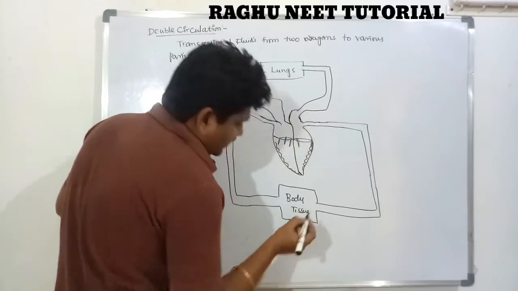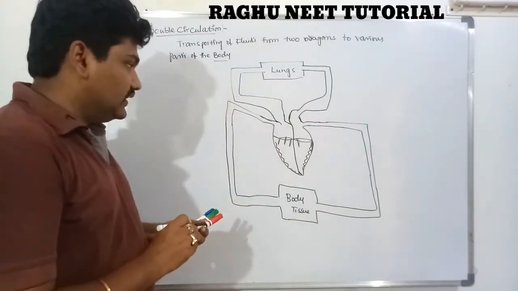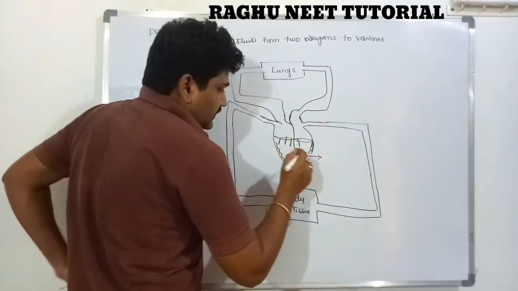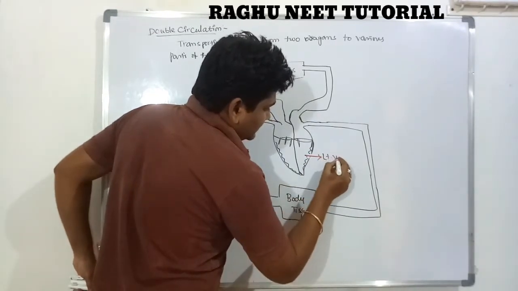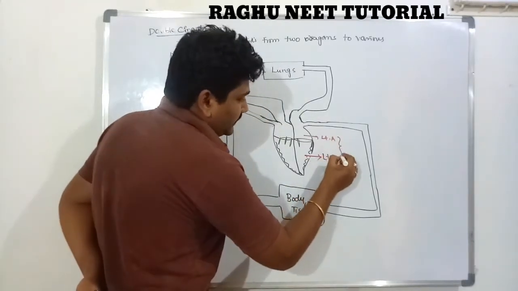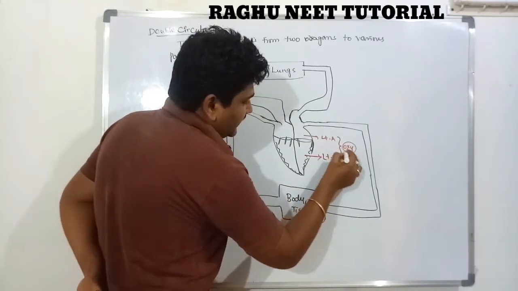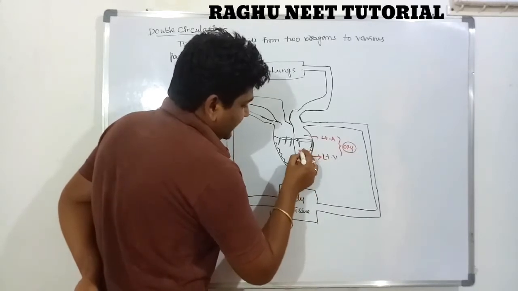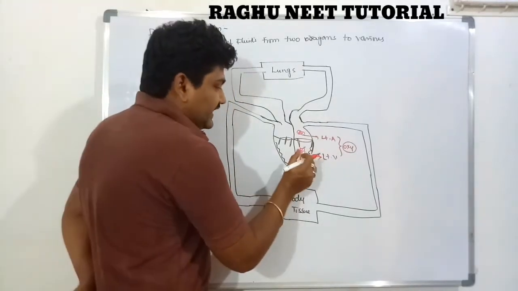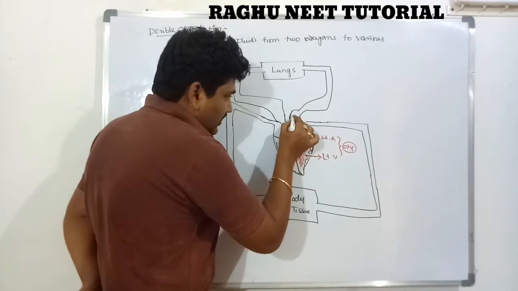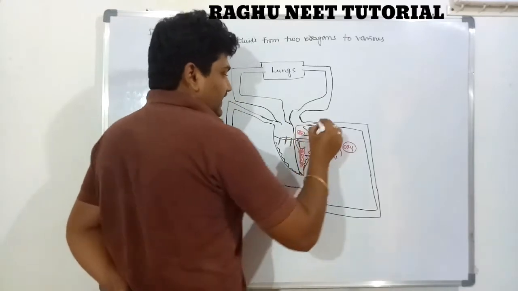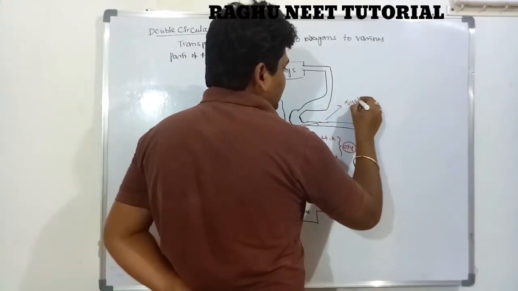At the tissue level, let's see the double circulation. First one, the heart is transporting. The left chamber of the heart, the left ventricle and the left auricle, both are filled with oxygenated blood. The pure blood is indicated with red color. So when the contraction occurs in the ventricles, the oxygenated blood is transferred from the ventricle to the systemic aorta.